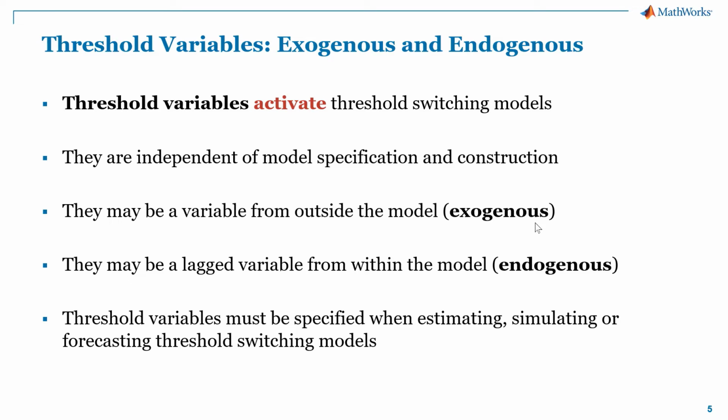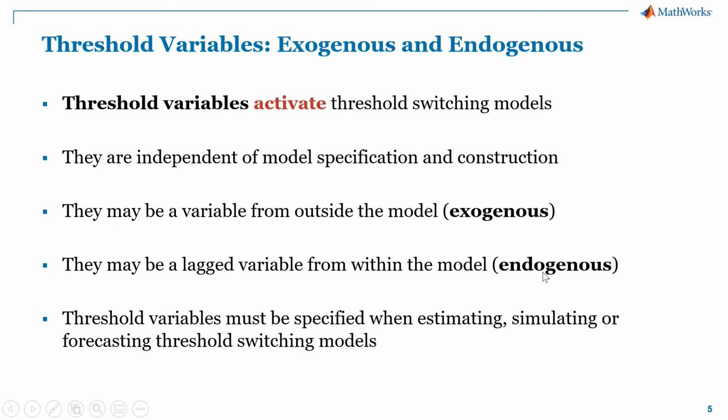An example of that might be, suppose you're trying to describe trade data. You have a series that describe the quantities of goods exchanged between two countries, and you want to make a model of those series. You understand that there's a change in the environment when things like exchange rates go outside of certain limits. So you might use the exchange rate as the exogenous threshold variable to activate the changes of state as the exchange rate crosses certain levels. But the exchange rate would not be a part of the model itself. The model would be modeling the quantities of goods variables that you have in your particular model.